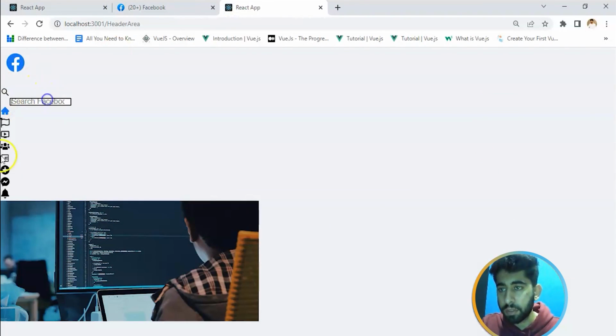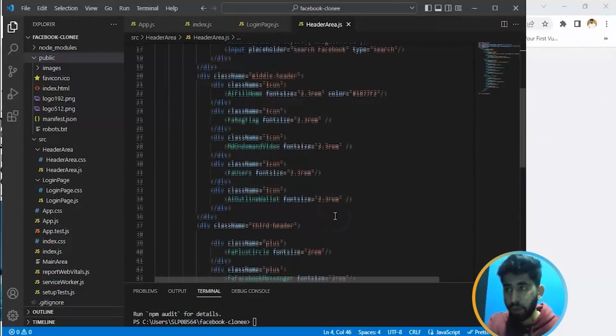This is that search box. Home button, which I have told you that it will be blue. Flag, YouTube, friends, and these are all the buttons. In this image, we need to crop this image into a circle like this. So what we're going to do is we are going to add